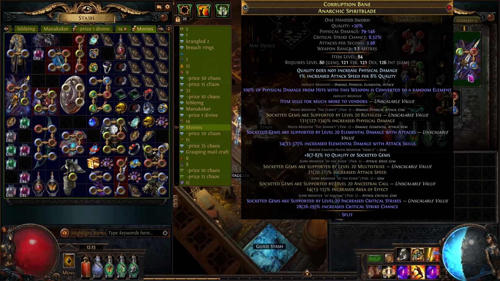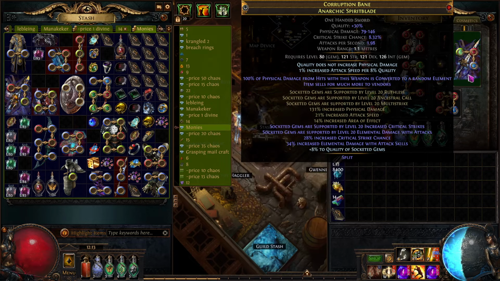should I divine this? I don't think it matters. Like, it really doesn't matter, I think. It's perfectly fine to not care about the divine. Alright, yeah, that's just one crit chance, and the crit on the offhand doesn't really matter so much. Anyway,